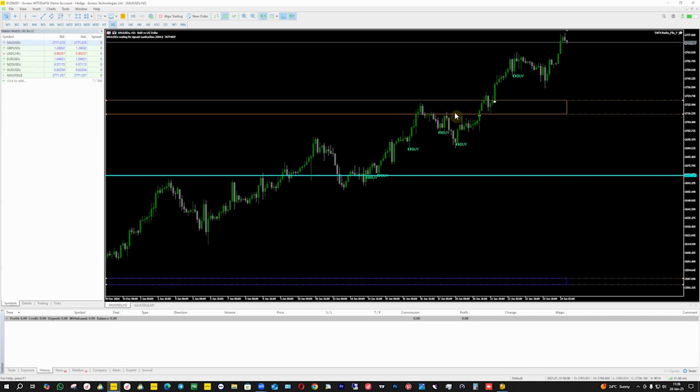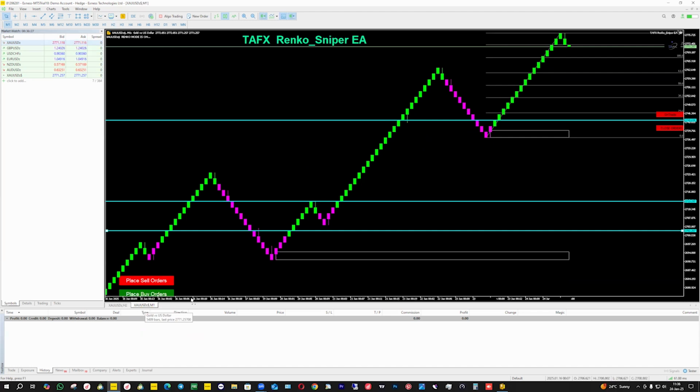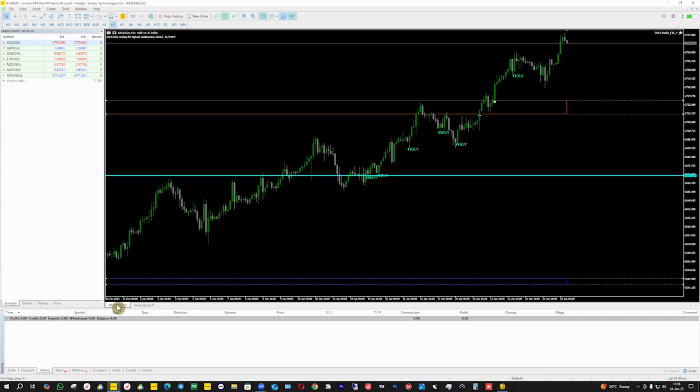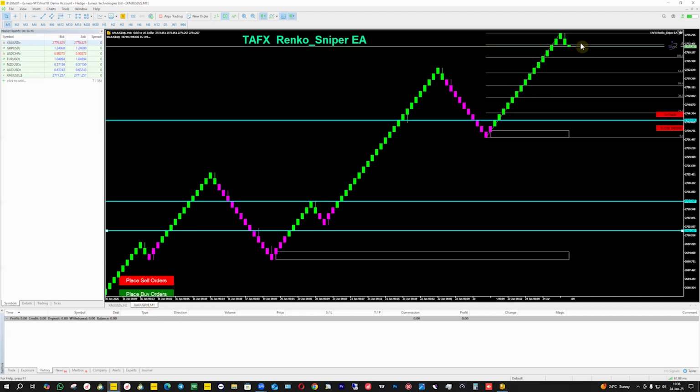And because we cannot buy blindly, when we are combining the order blocks, we cannot just buy. That is the work now of the EA, to know when to buy, when everything is aligned in the other different time frames, then it will place buy orders